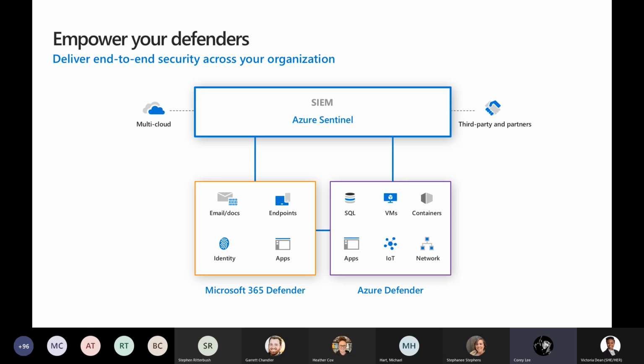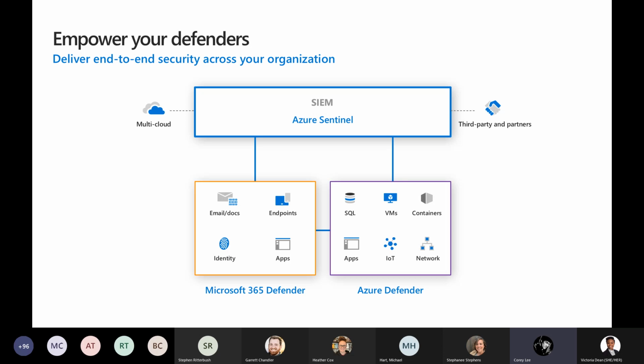So as you think of how things like Microsoft 365 Defender, which we consider one of our extended detection and response solutions for productivity and collaboration scenarios, both in the cloud as well as on premises, how a lot of that information from those capabilities needs to feed into a platform like Azure Sentinel to ensure that it's aware of what's going on in many of those scenarios, whether it's external users accessing documents or remote users accessing applications that are made available to them, being able to track all of those scenarios back to not just an originating source, but all of the actions that may be taken along the way. And the same with, I would say, the brother capability to Microsoft 365 Defender,